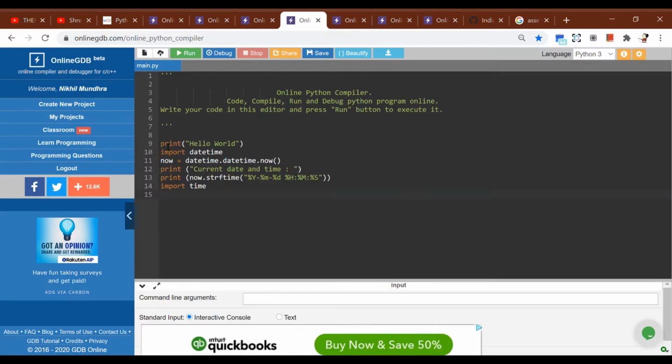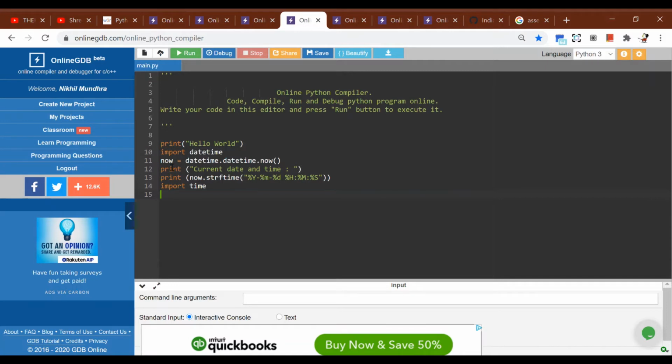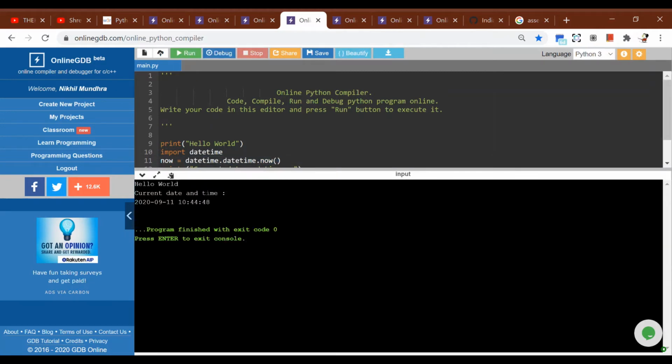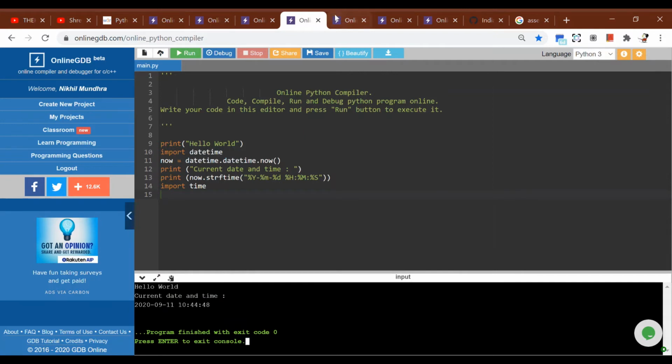So the next code which I wanted to share is this one. This is also a similar code in which you have to use import, and then you have to write the same thing which you did earlier, but here you are actually getting the time. So after running this, you get both the time and the date. This is the most suitable method in all cases, but the only problem is the location. So not many locations are supported right now. I don't know about the future, but right now when I'm making the video it's like that.